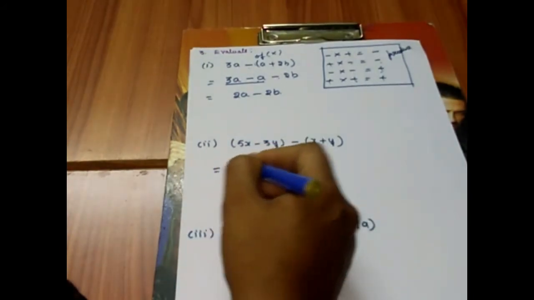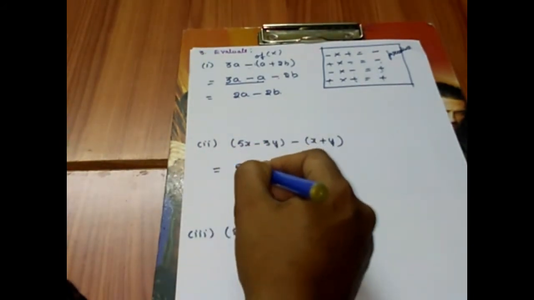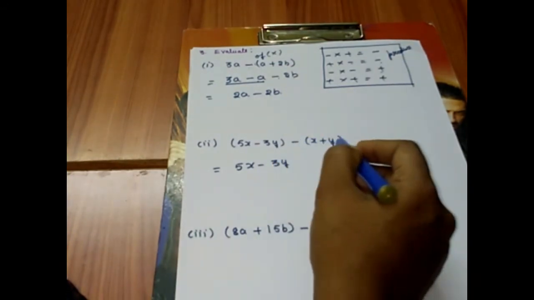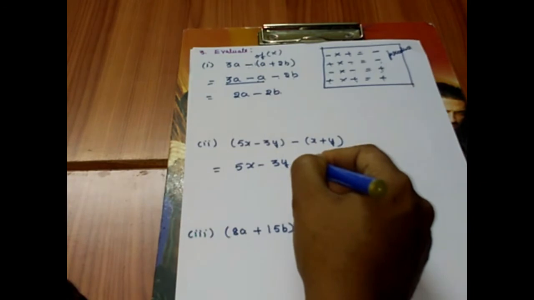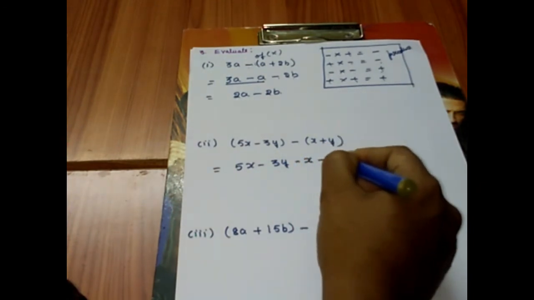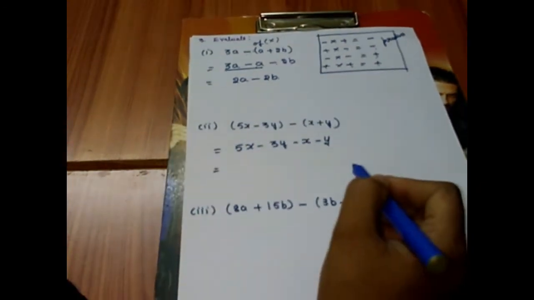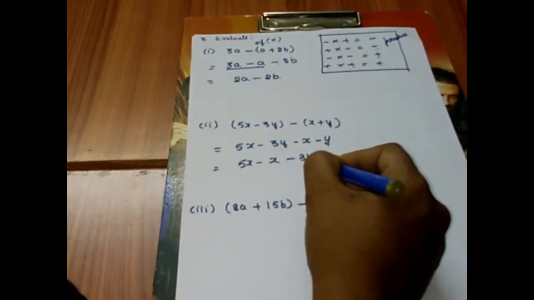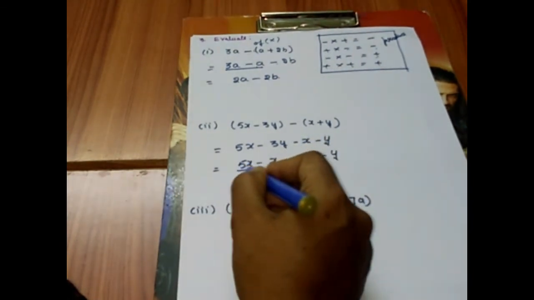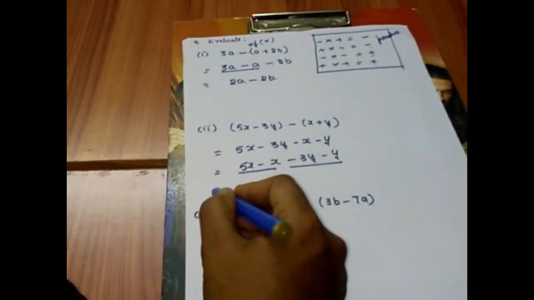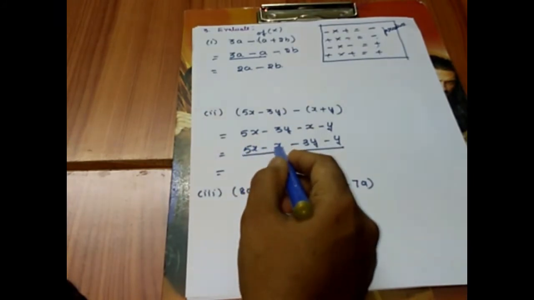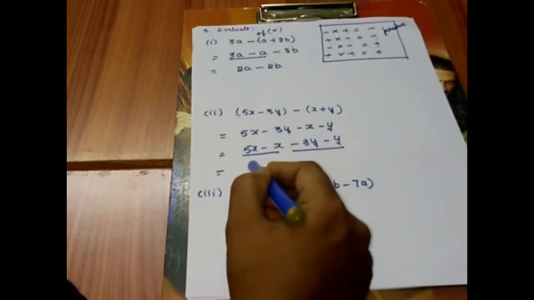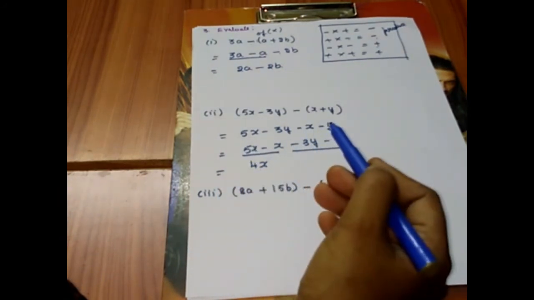In a similar way, the second problem. First write as it is, 5x minus 3y. Here you have minus, so open the bracket: plus x will become minus x, plus y will become minus y. So what is the next step? Grouping. 5x minus x, minus 3y minus y. First group: one plus, one minus, so subtract it. 5 minus 1 is 4. The greater number is 5, so it is plus 4x.